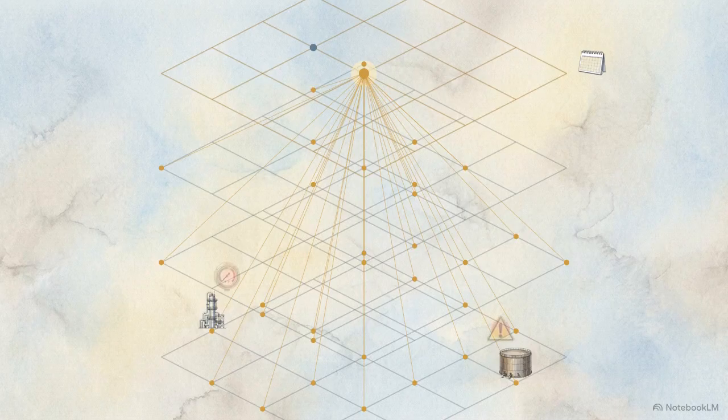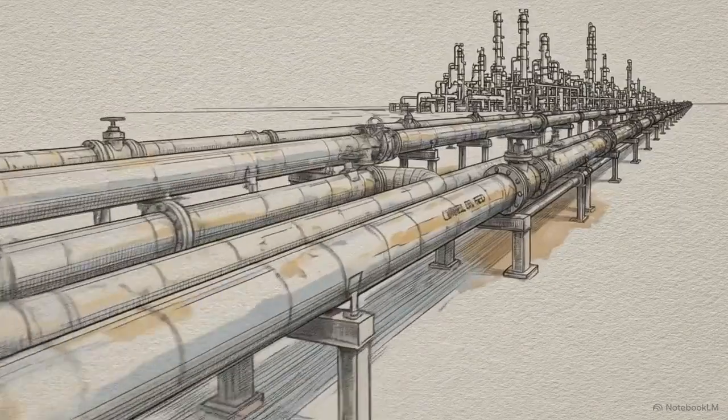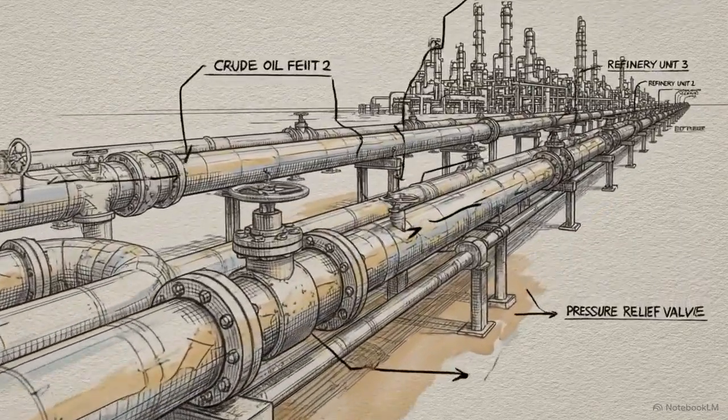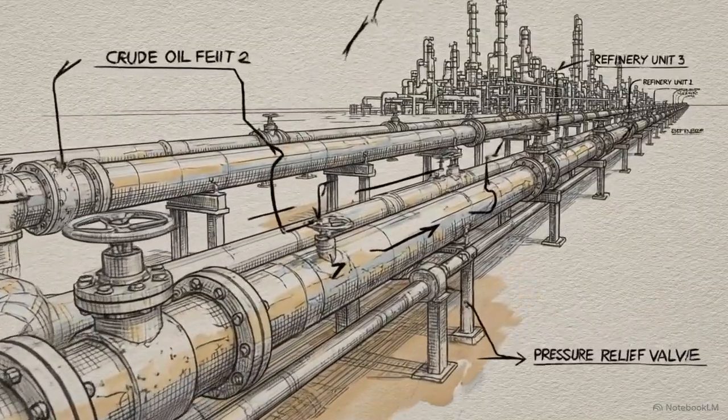By enforcing this top-down objective, the margin integrator forces every lower-level algorithm to abandon its isolated targets and realign with the global financial goal. If achieving maximum distillation throughput creates a costly bottleneck in the blending tanks, the OMI autonomously detects the friction. It overrides the local distillation optimum, intentionally throttling the unit to guarantee system-wide profitability. True system-wide optimization occurs only when a singular economic objective dictates the behavior of every operational model simultaneously.